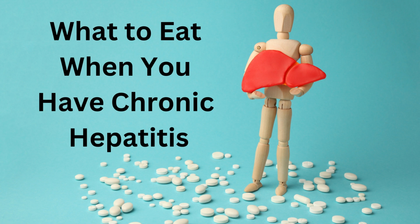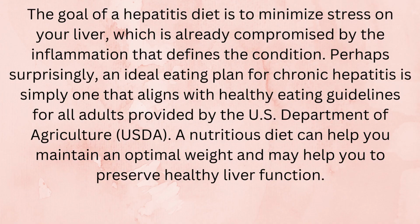What to eat when you have chronic hepatitis? The goal of a hepatitis diet is to minimize stress on your liver, which is already compromised by the inflammation that defines the condition. Perhaps surprisingly, an ideal eating plan for chronic hepatitis is simply one that aligns with healthy